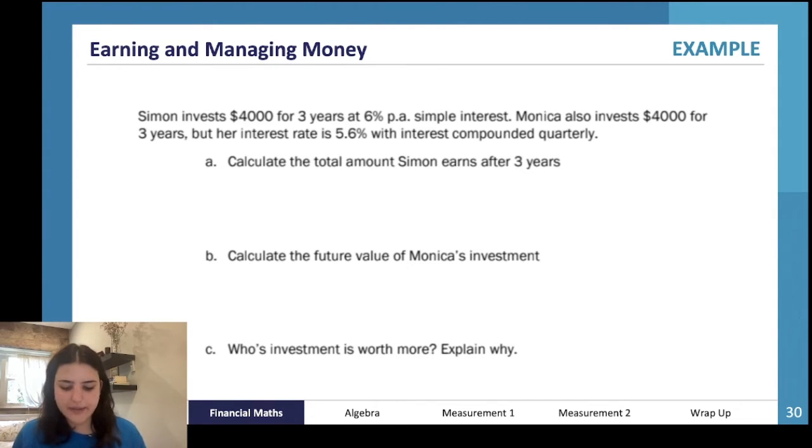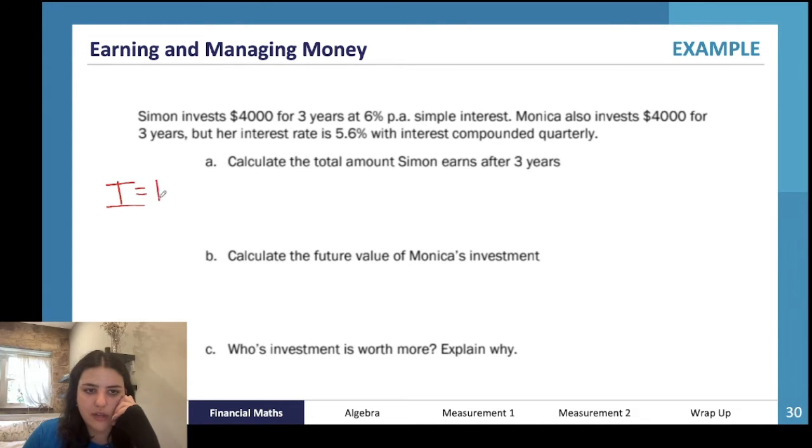Okay, so this is kind of giving you an insight into those interest questions. Interest is the amount that you can earn on a payment that you give a bank, or it's an amount of money that you can owe. When we're investing, we earn money. So Simon invests $4,000. Simple interest, which hopefully you've covered in year 9 or year 10, is I equals